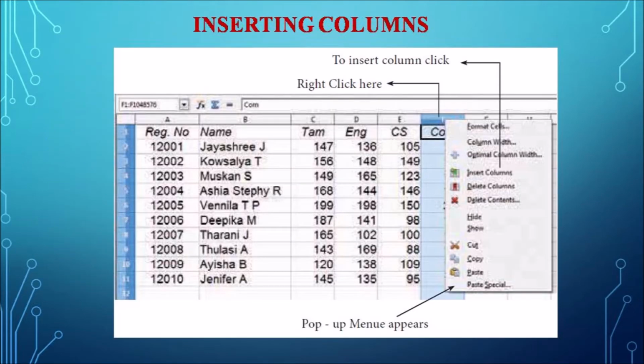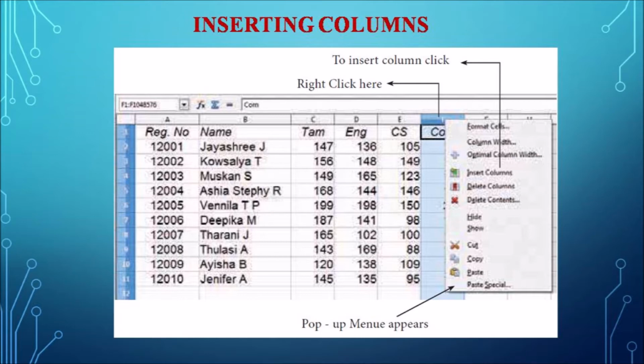First one, we are going to see about inserting a column. So a column is nothing but what is vertically aligned, which is named A, B, C, D, like that with alphabets. So that we call a column. So whenever you insert a new column, by default it will be inserted to the left of the current column. So say for example, if column E is selected, which will be available with a thick rectangular box, the whole of E is selected. When you insert a new column, by default it will be inserted left of column E. So that is the default arrangement.